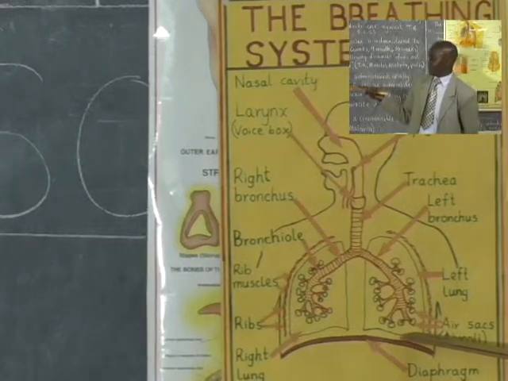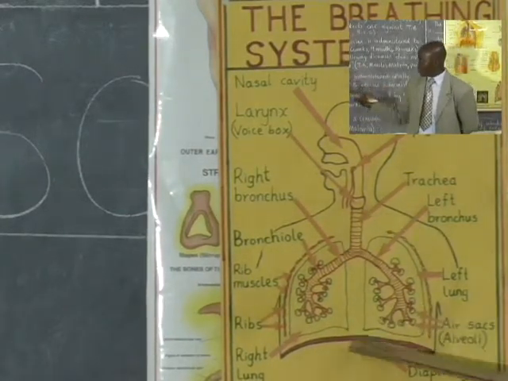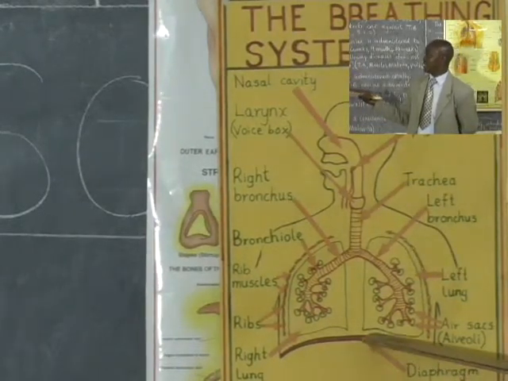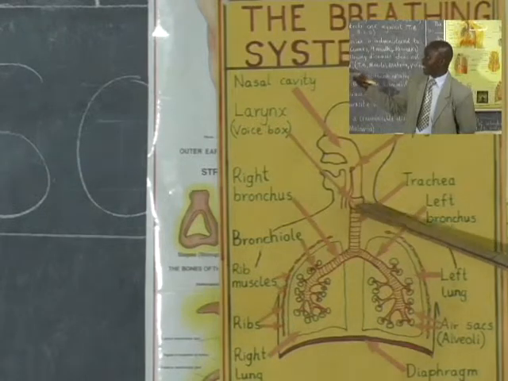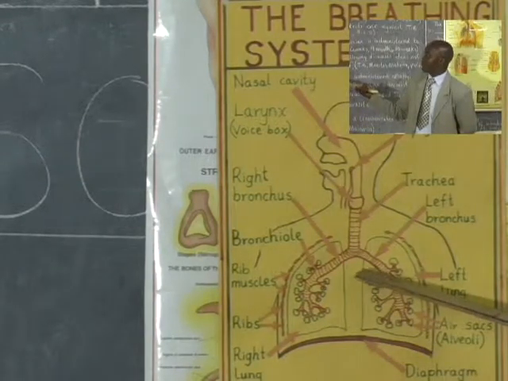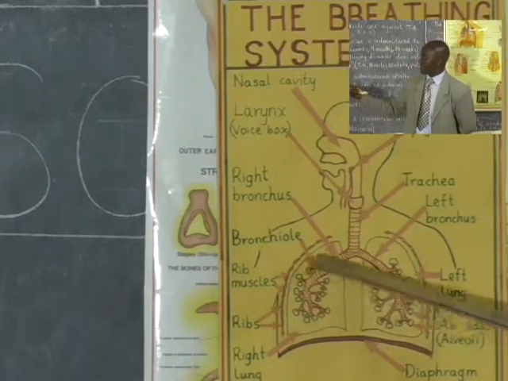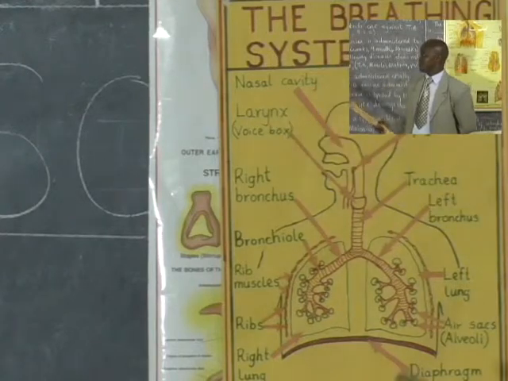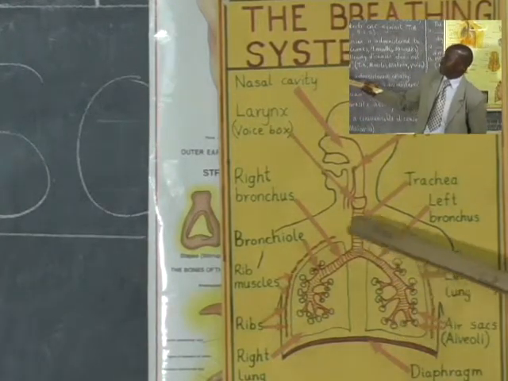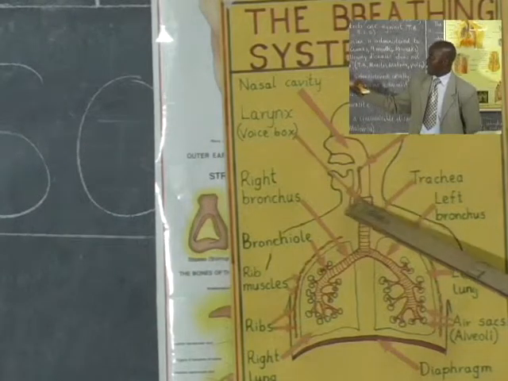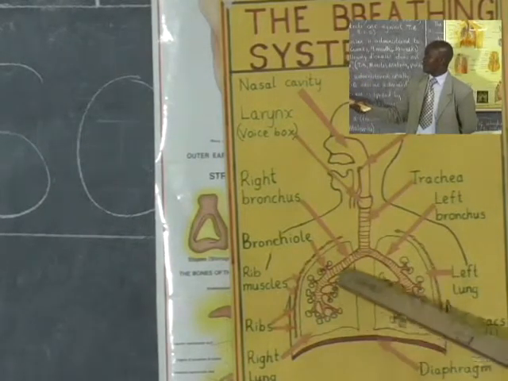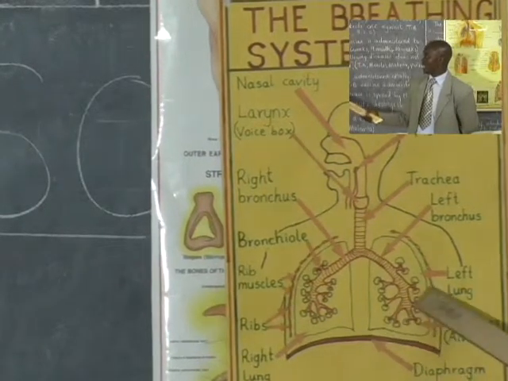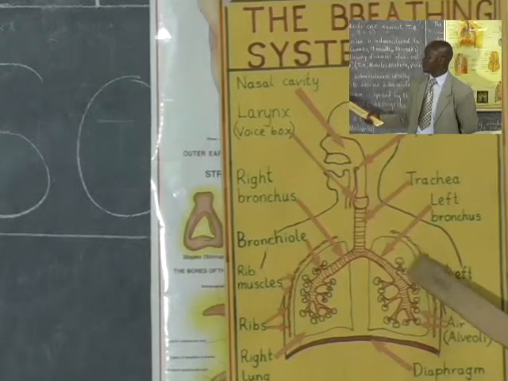And as at our level, breathing in is called inhalation, while breathing out is called exhalation. So whenever we exhale, the diaphragm comes up, the lungs contract, that is, they become smaller, and air gets out of the body through the nasal cavity when we breathe out. On the contrary, when we breathe in, a lot of air is accommodated in the bag, that is the lung, which swells, pushing the diaphragm downwards to enlarge the chest cavity, the space in the chest.